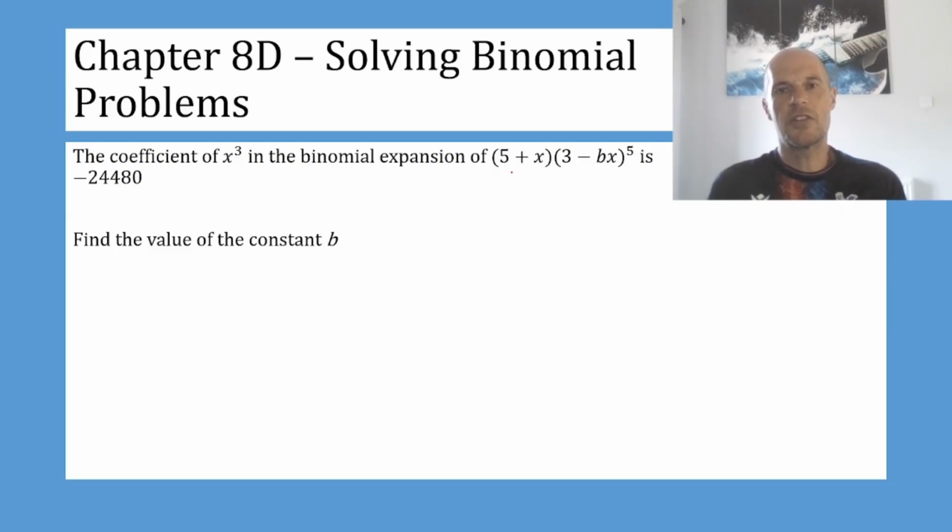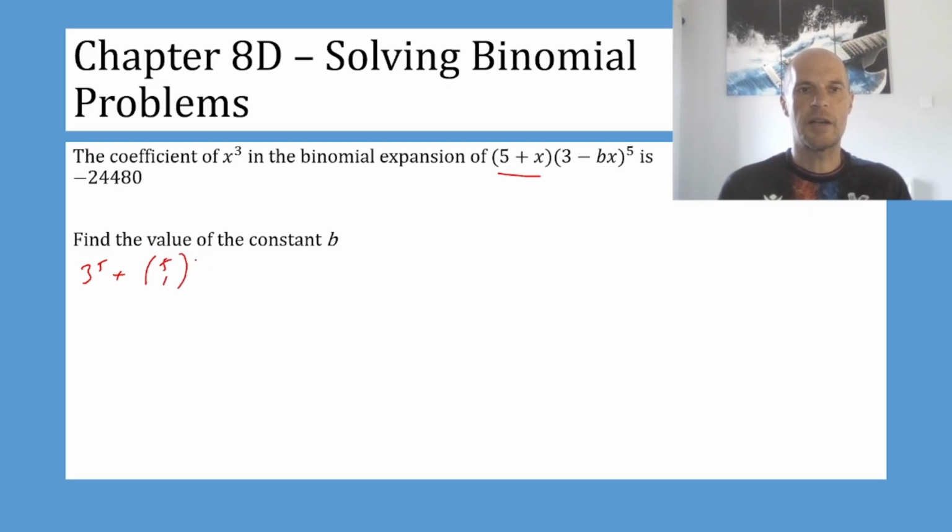Okay, this one's a little bit harder because of the introduction of this other (5 + x) bracket. So I'm just going to ignore the (5 + x) bracket for now, and I'm going to do my binomial expansion on the (3 - bx) to the power of 5. So if I were to expand that, I would have 3 to the power of 5 plus 5 choose 1 times 3 to the power of 4 times negative bx plus 5 choose 2, 3 cubed, now (minus bx) squared. Now we need to be careful here,